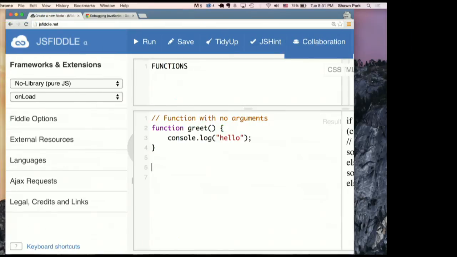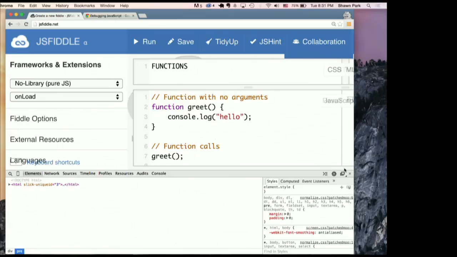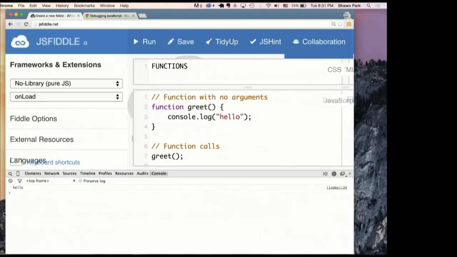So if we actually want to see results in the console, we would have to have function calls. So we would call greet, and now we would see it in our console.log. So I just ran it, and we checked our inspector. Do you guys see it says hello? So greet was called, and it printed hello. Any questions? Great. All right.